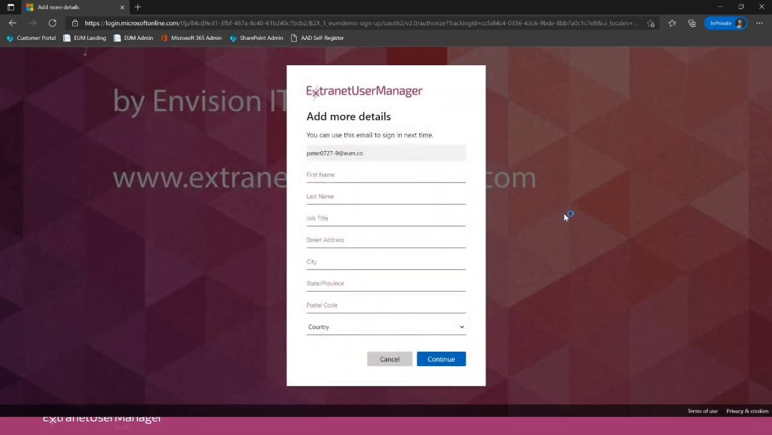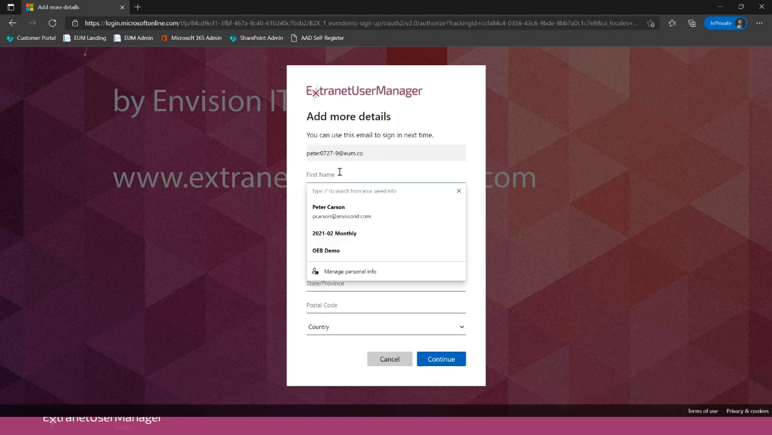Now I don't actually have an account yet, so it's now collecting the information to complete my registration. And I'll show you in a minute how we customize this form, what fields we want to capture. I've set first name and last name as required fields on here, so I'm going to have to go ahead